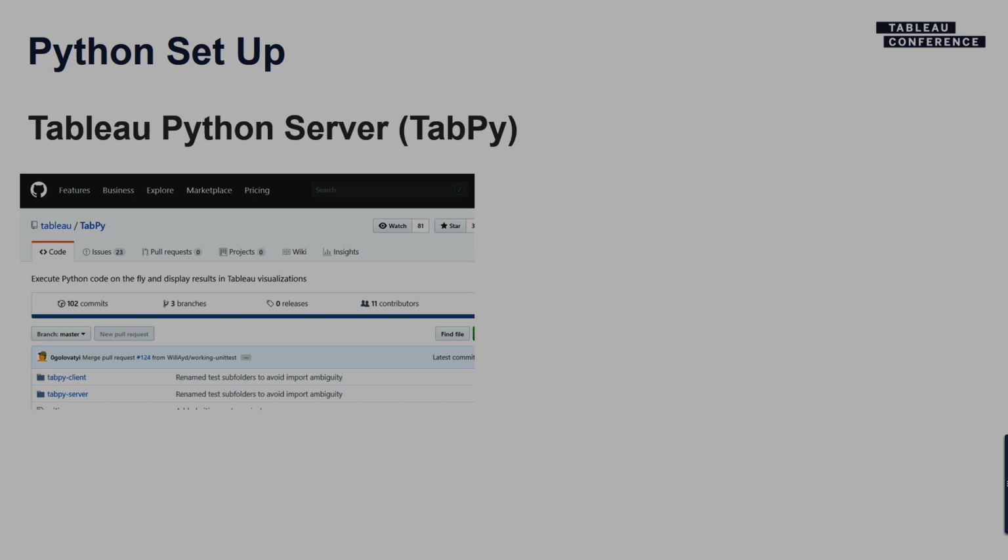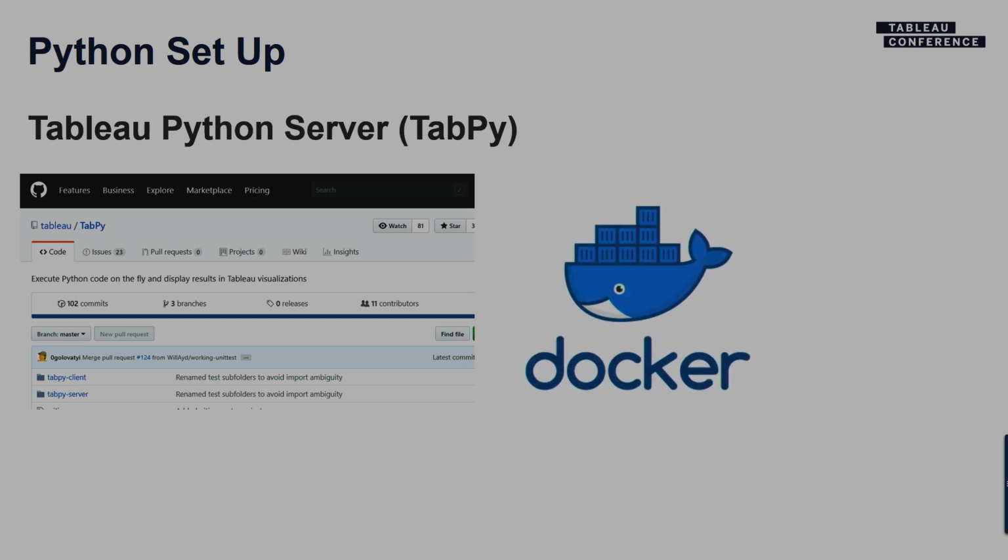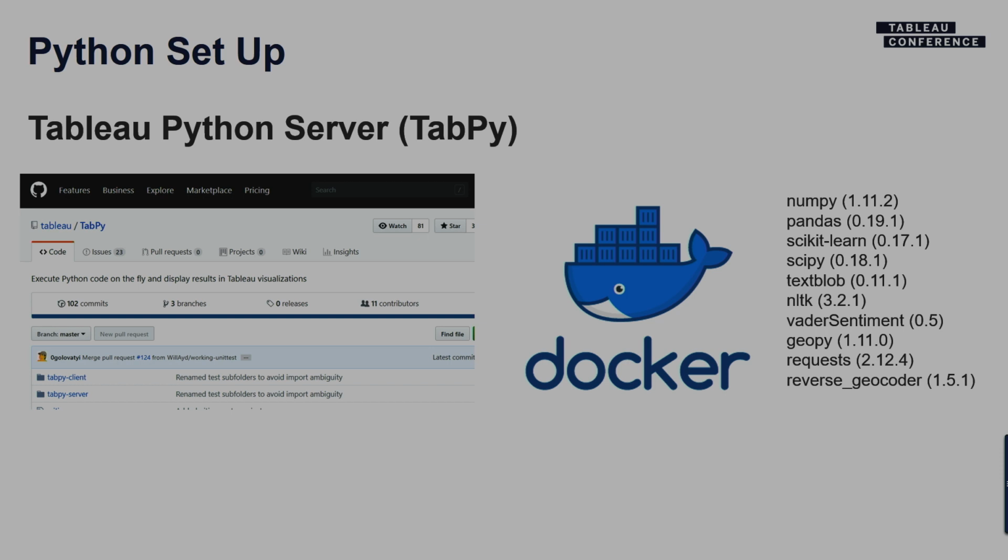Now, sometimes you don't really want to get down and dirty and know how to install it, so one of our amazing colleagues, or ex-colleagues at this point, also created a Docker container that will actually just install for you the latest version of Python, and also install these widely used packages as you're going along. So all you have to do is run that Docker container. It'll get the latest version of TabPy and these packages pre-installed. So why don't we go ahead actually and look at that particular example?